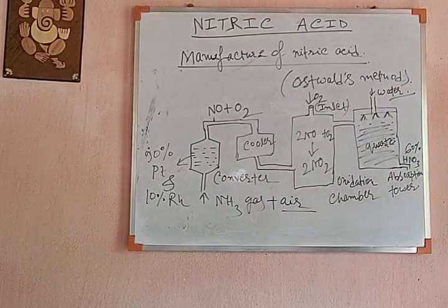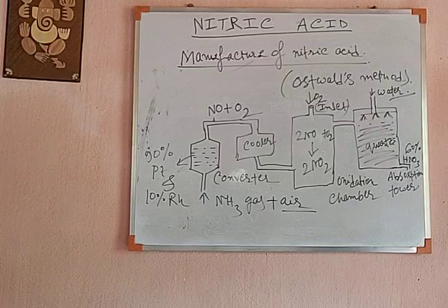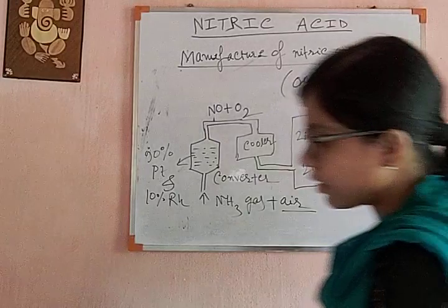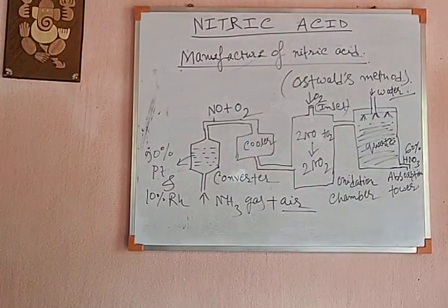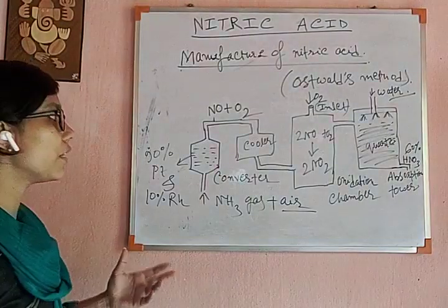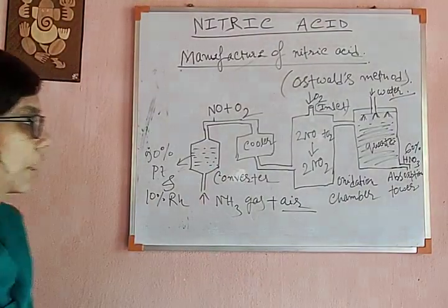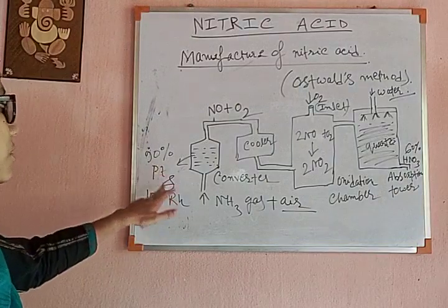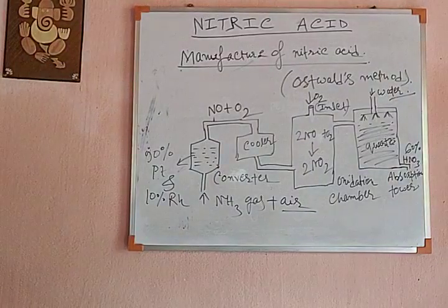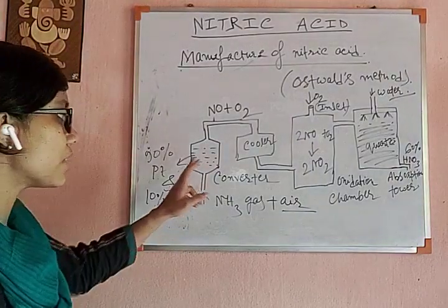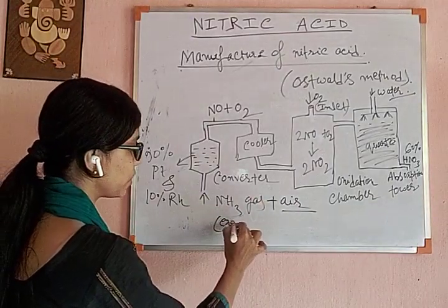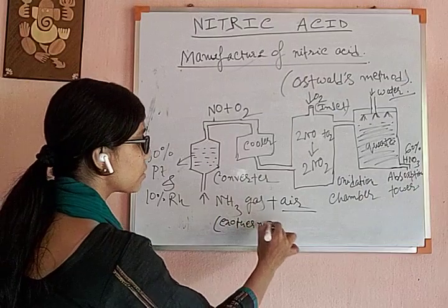So this is the whole manufacture of nitric acid. That is the three-step reaction, and the idea of the lightning discharge reaction is somewhat modified by taking ammonia in place of nitrogen and by taking 90% platinum and 10% rhodium catalyst, and this is the whole process. There is one thing: the first step is exothermic. This process, the ammonia and air oxygen reaction, is exothermic.